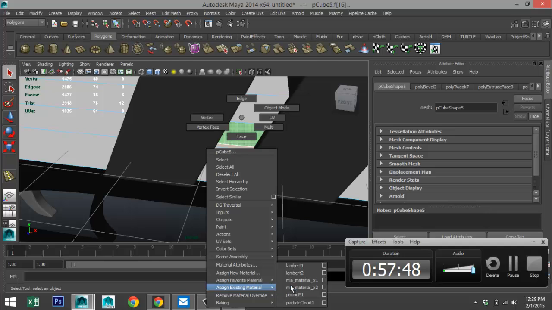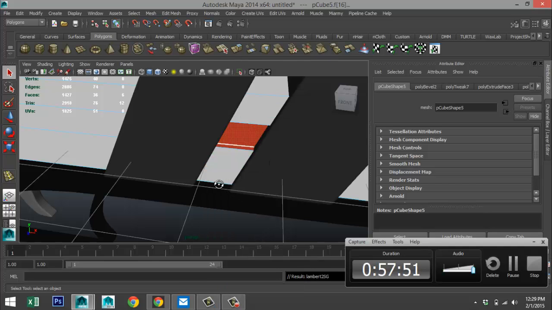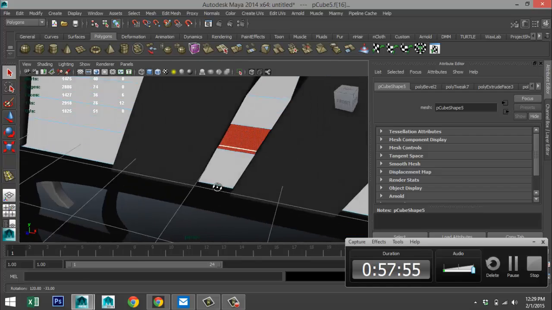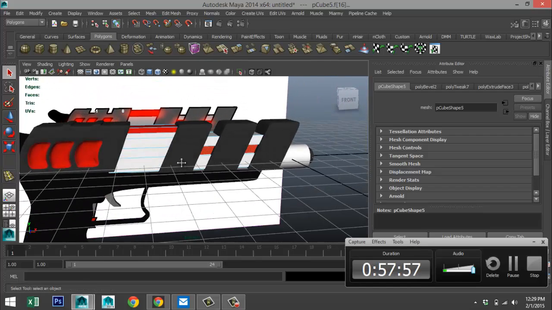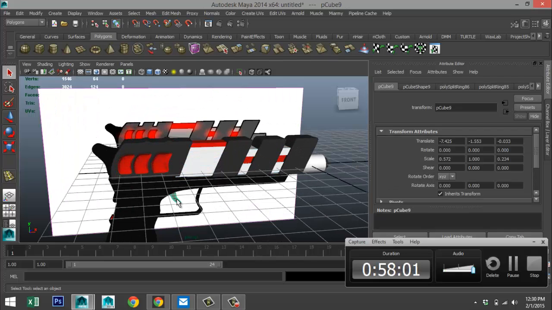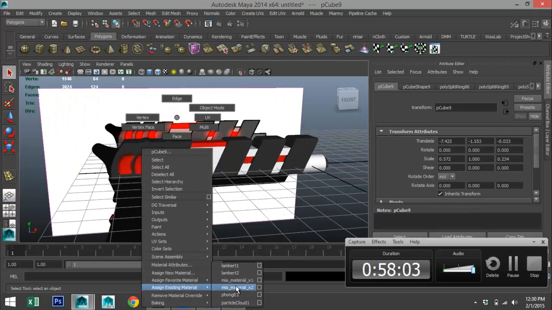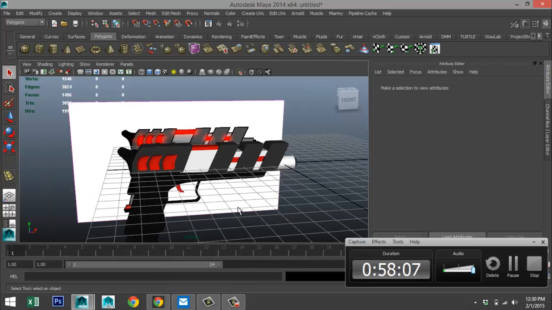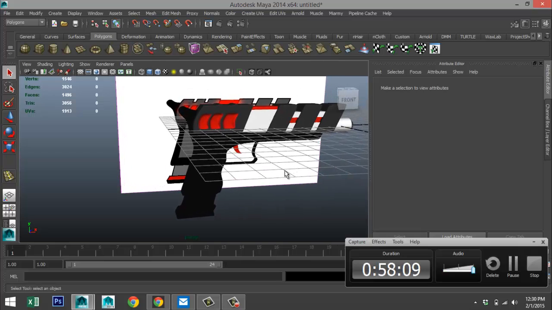Existing material, Lambert 2. We got all of that, looks like, yep. Okay, so what else do we got? We got our trigger. Existing material, Lambert 2. And it looks like we are almost set.